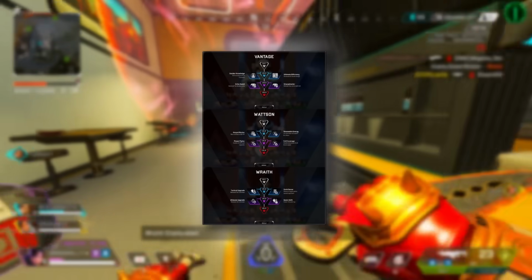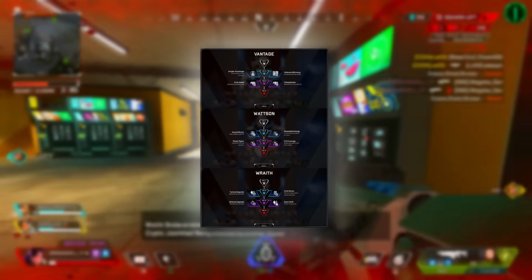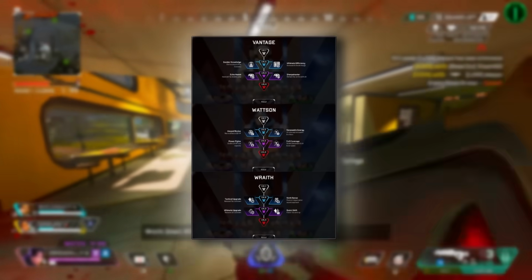And then we have Vantage, who gets Insider Knowledge, gain access to ring console, or her other level 2, Ultimate Efficiency, which increases ult excel charge. You have level 3 Echo Assist, where you get an improved tac Devil Jump, or Sharpshooter, which refreshes the tactical